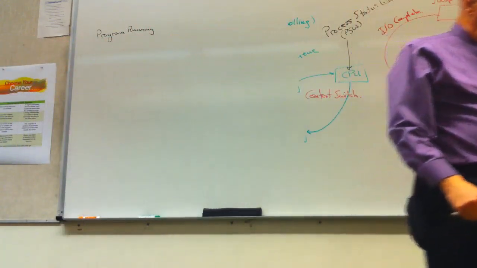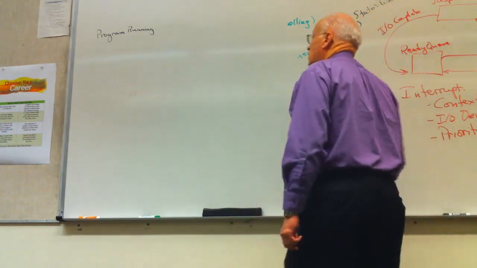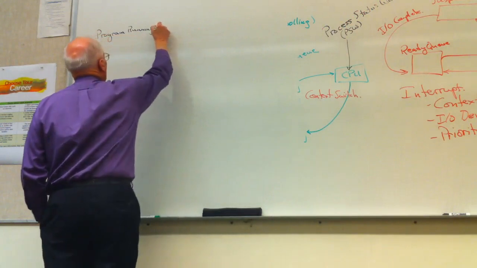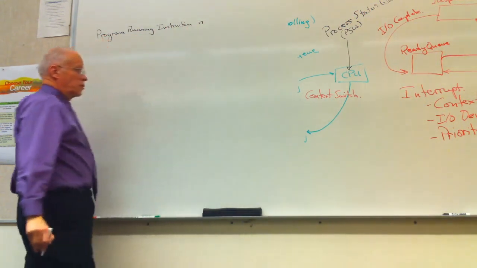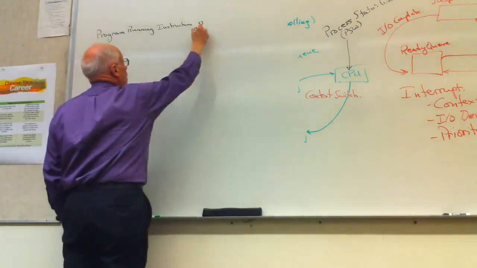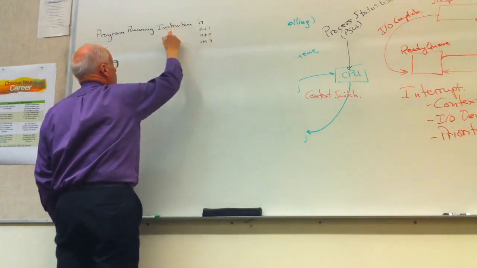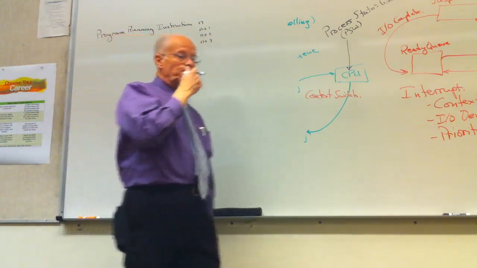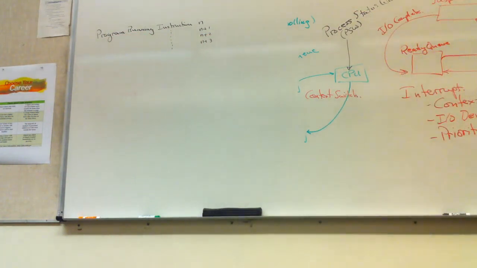We have a program running here, and the general sequence of things kind of goes like this. We're executing some instruction here, and n plus 1 and n plus 2, n plus 3, we're just gradually working down through the program. Then if you get an interrupt,